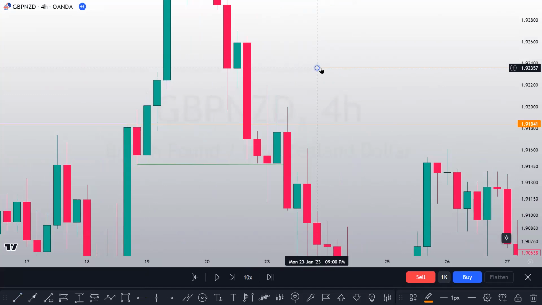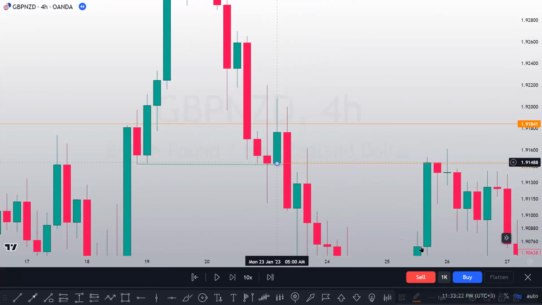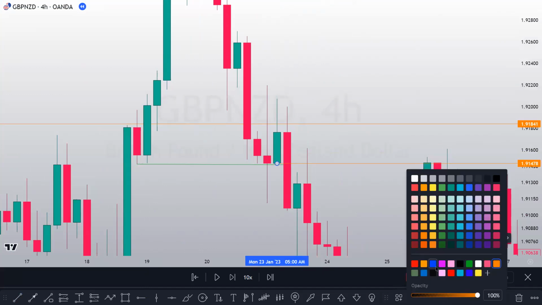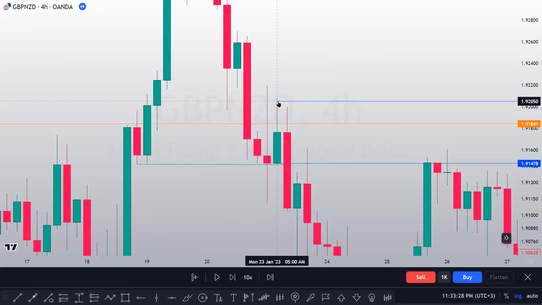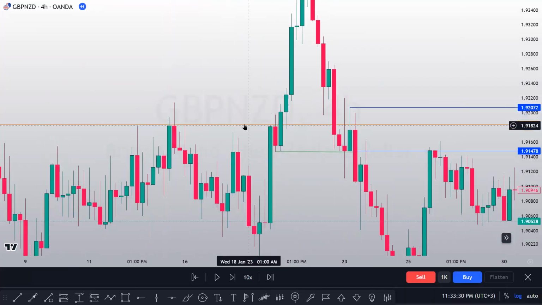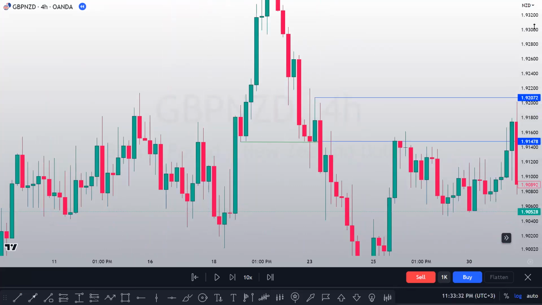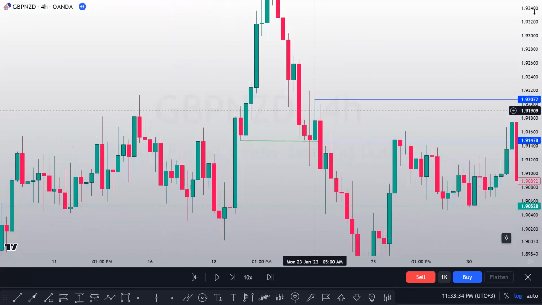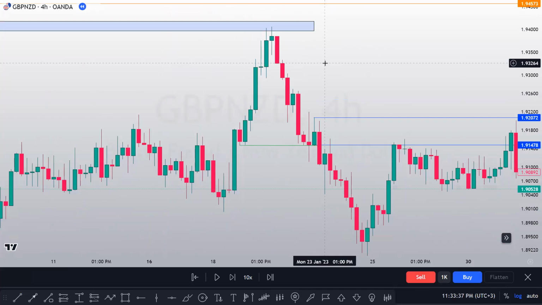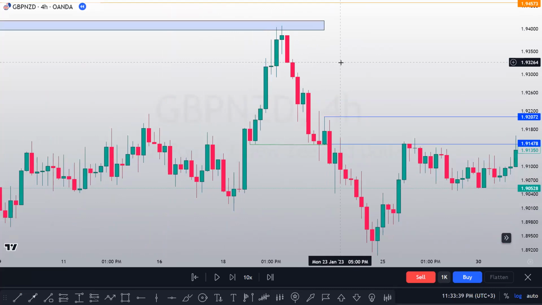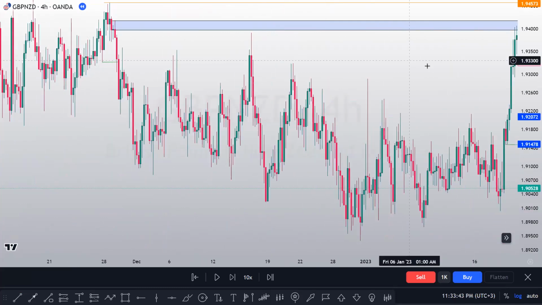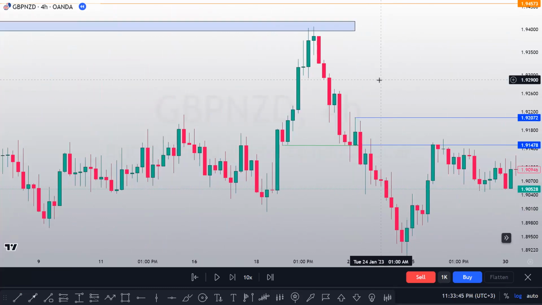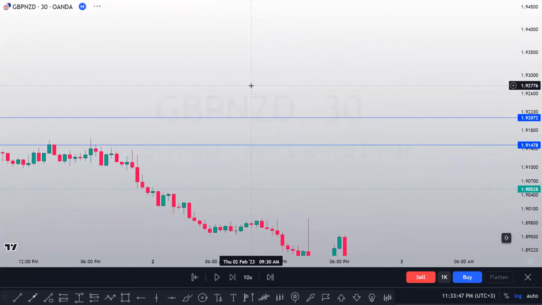Starting with this outside formation, let me mark it now, because this is my best area to trade in this scenario, because the market has already confirmed the liquidity flow. So let me remove this line here. Now what I have to do is go to the 30 minutes time frame so that I can find my liquidity engineering, because the confirmation of liquidity has already been done. So when I come to the 30 minutes time frame to this area,